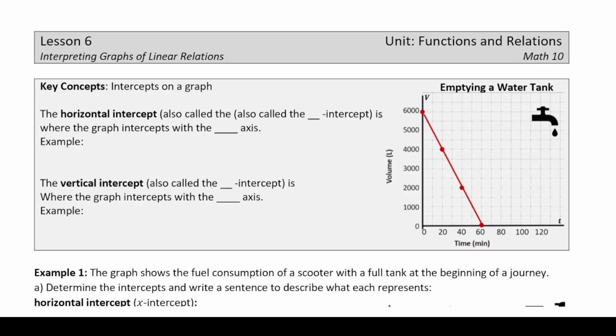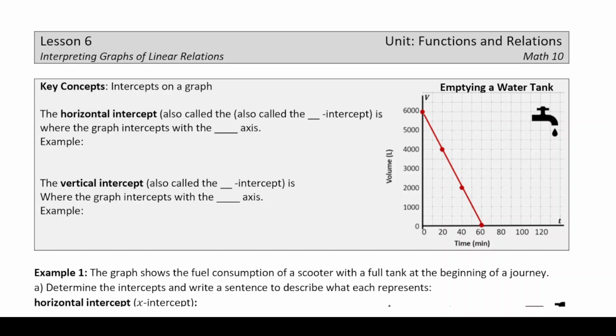Okay, so this is lesson 6, interpreting graphs of linear relations. In the last lessons, we defined what a linear relation was. We looked at mostly tables, and we talked about the relationship by the rate of change, which measures how the y values change compared to the x value. So we're just going to look at more examples here today and define a few more things, and specifically look